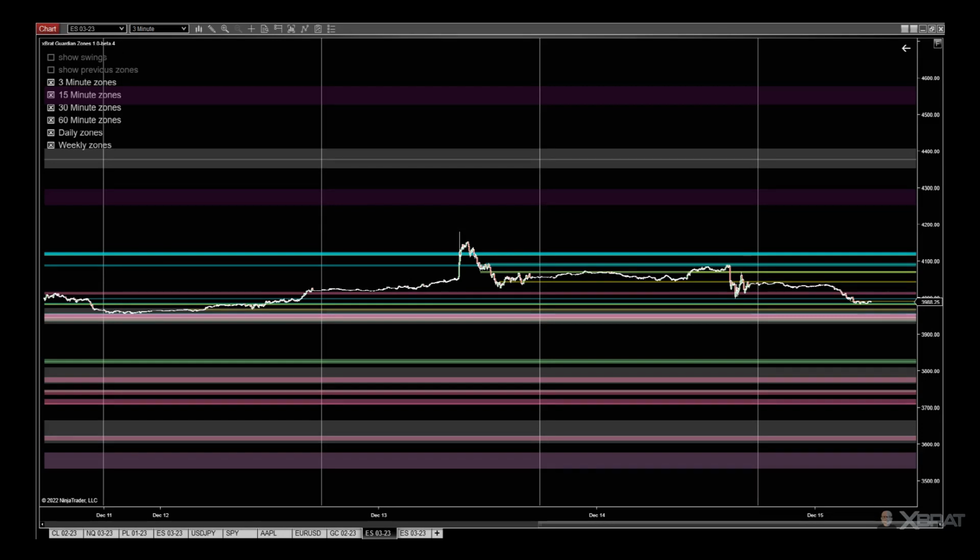So these are automated support and resistance zones on multiple time frames, no matter what chart you're using. I'm using ES. I'm going to start at the 3 minute and I'm going to move up. But first of all, I need to discuss the colors and what they mean, and then we're going to talk